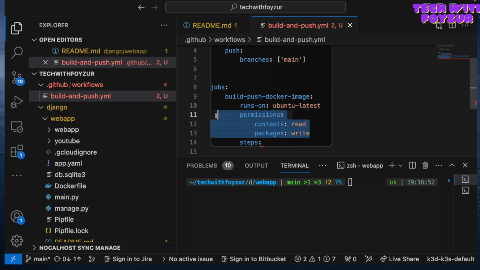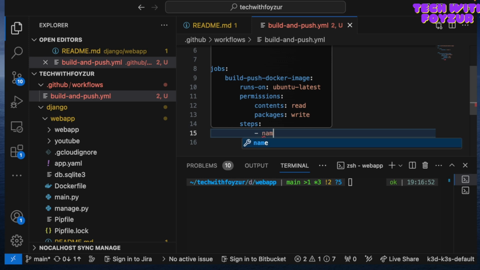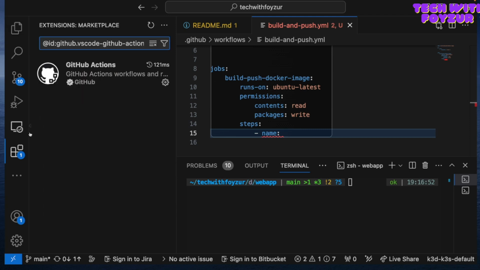The next thing we want to do is steps. As I said, what we have done so far is basically saying which machine this job should be running on, and what permission it should have. So we are talking about this particular user who would be initiating this workflow. In this case, this is going to be my GitHub user, right? Next step we want to do, this name is basically